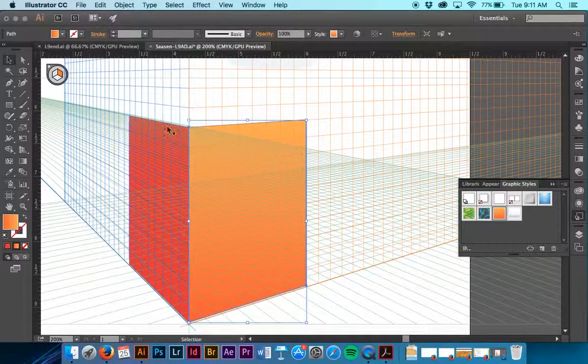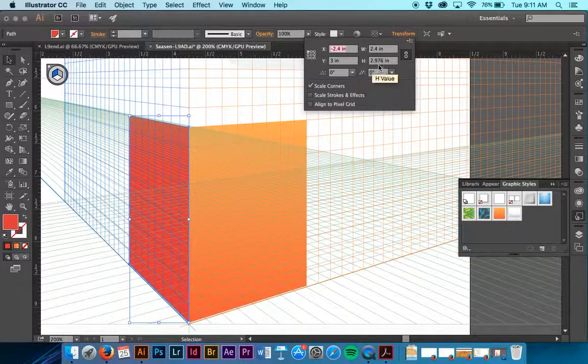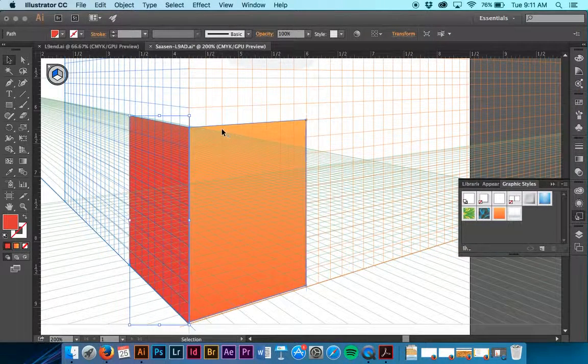Now since this one wasn't exactly the measurements, we're just going to pull up Transform and take that height up to 3. Just so we can do our exact. Remember, we were doing those exact measurements several lessons back. We're pulling that up. So now, with the rectangle tool still selected, we're going to pull that on up,